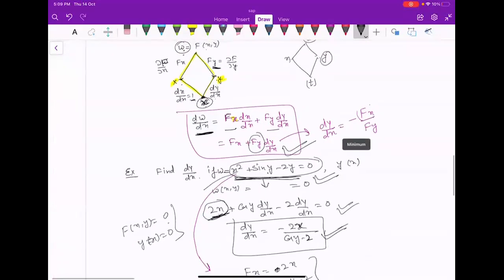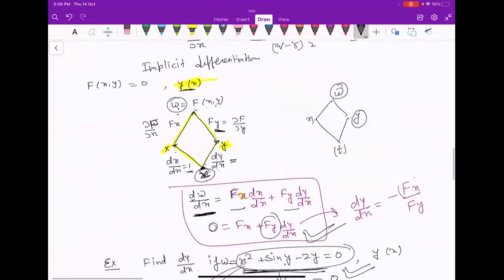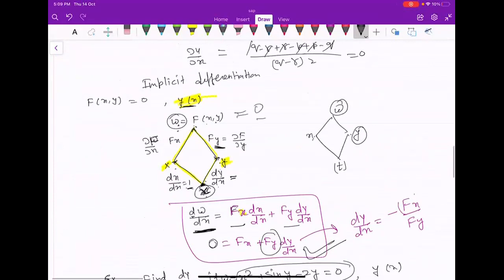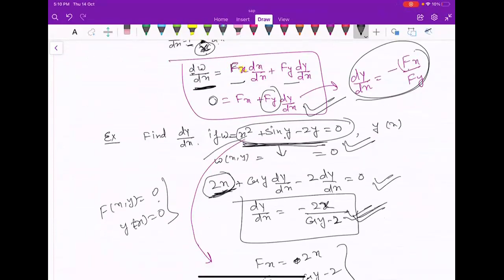Otherwise, if you want to understand it graphically, then this is the procedure. w is a function of f(x) and f(y). You are differentiating f with respect to x and then differentiating with respect to y, and dx by dx is 1 and dy by dx is the only thing that we are computing. Then you can compute, so it is equal to 0. dw by dx is 0 because we are taking w equivalent to 0. That's why we are writing this. So finally we are getting dy by dx equal to minus fx upon fy, and it is equivalent to this one only. ठीक है ना? So it is simplest.